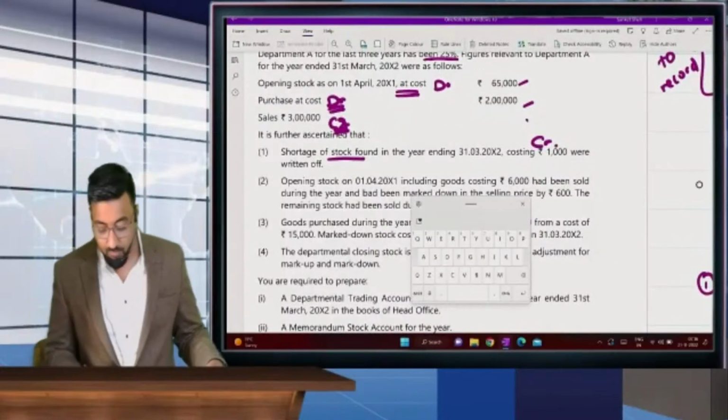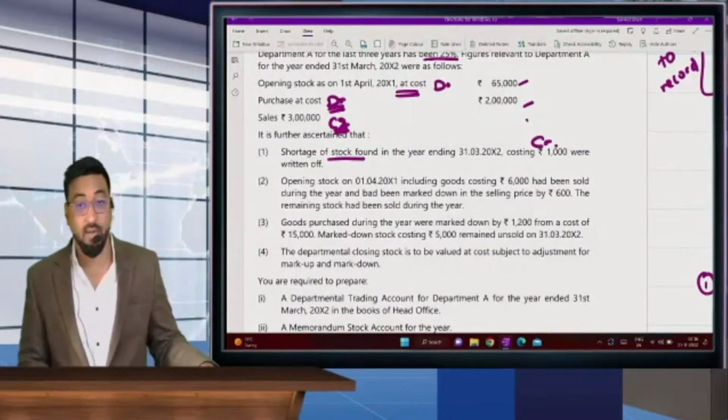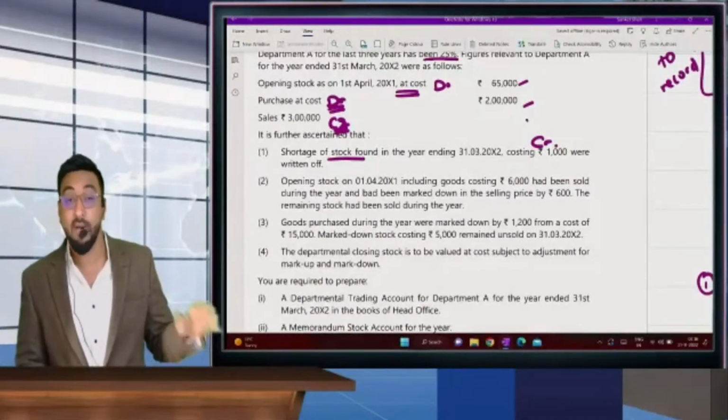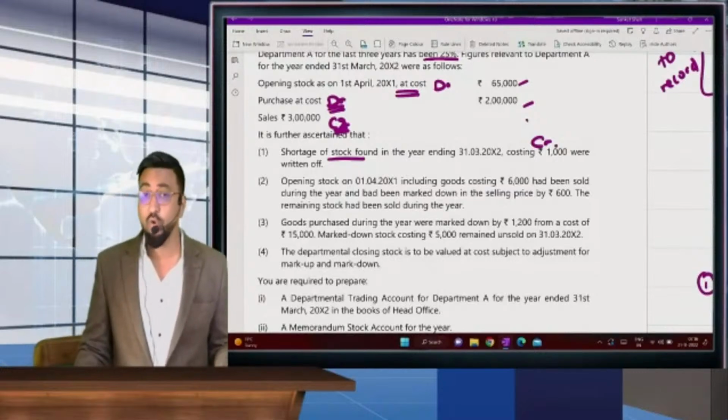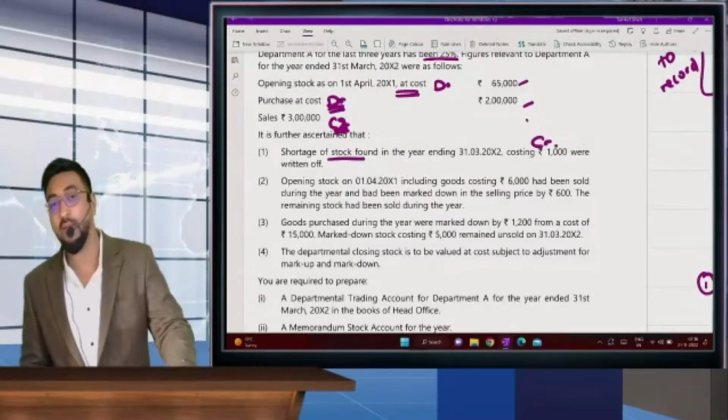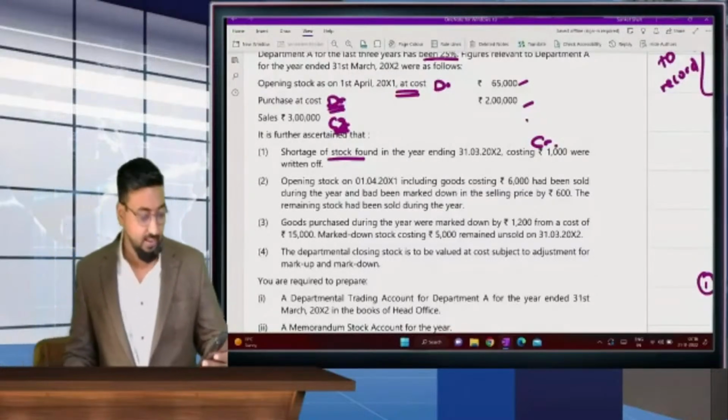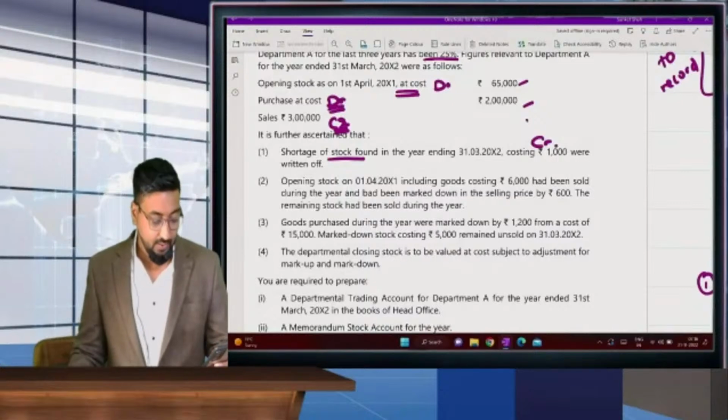तो यहां तक आपको समझ में आया होगा शॉर्टेज का ट्रीटमेंट करना क्या है. सो ओपनिंग स्टॉक को डेबिट देना है, परचेसेस को डेबिट देना है, और सेल्स को आपको क्रेडिट में लिखना है. शॉर्टेज को भी आपको क्रेडिट में लिखना है. तो यहां तक कोई डिफिकल्टी, नो डिफिकल्टी टिल नाउ. ओके,